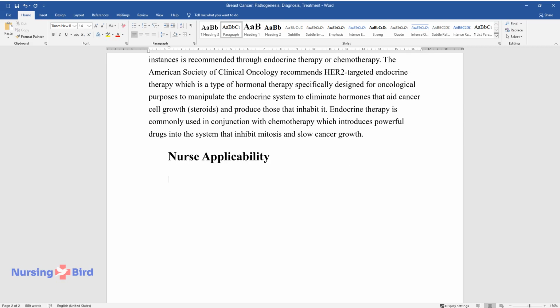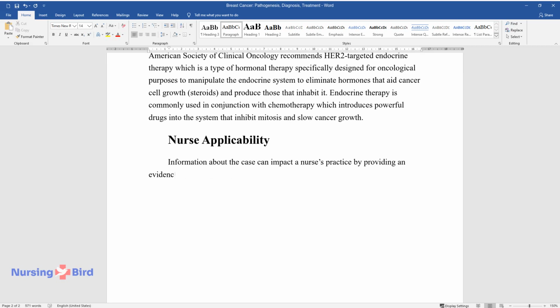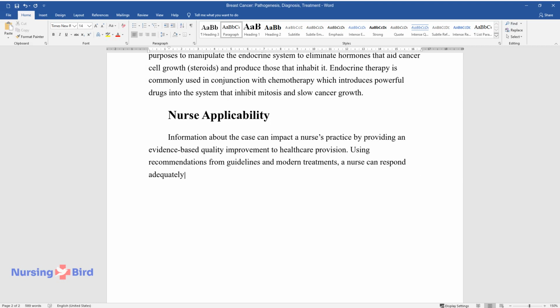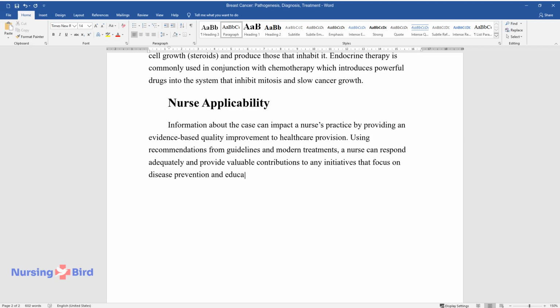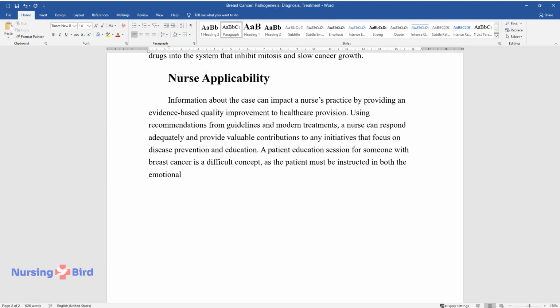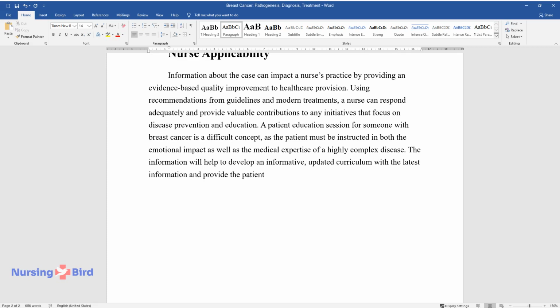Nurse applicability. Information about the case can impact a nurse's practice by providing an evidence-based quality improvement to healthcare provision. Using recommendations from guidelines and modern treatments, a nurse can respond adequately and provide valuable contributions to any initiatives that focus on disease prevention and education. A patient education session for someone with breast cancer is a difficult concept, as the patient must be instructed in both the emotional impact as well as the medical expertise of a highly complex disease. The information will help to develop an informative, updated curriculum with the latest information and provide the patient with available